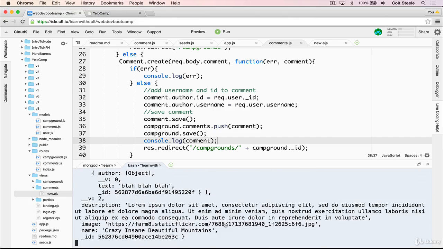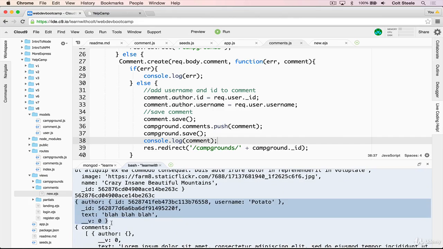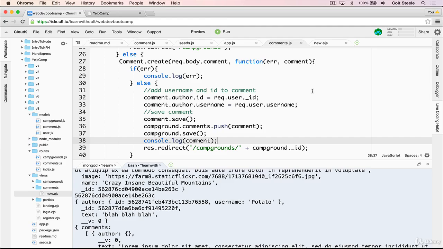So it's hard to see because we have some other console.logs, but it's right here. So we have text, which is blah, blah, blah. We have the comment ID itself, and then we have author, which has an ID and a username potato. Great. Now the last thing we want to do is actually display the username here. What we're doing now is displaying the entire user because all that we had was comment.author, and this is on the show template. So let's open up the show template for campground,